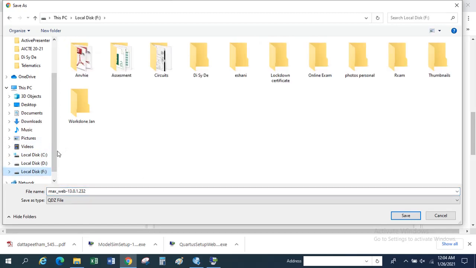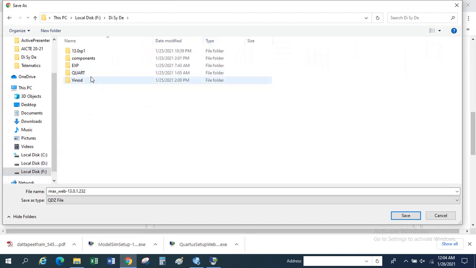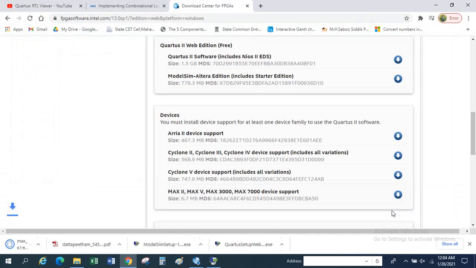So I'll be choosing a folder. On my folder, digital system design, I'll select digital system design, and then that 130sp1. Okay, so that file is incomplete. And now the download has started.